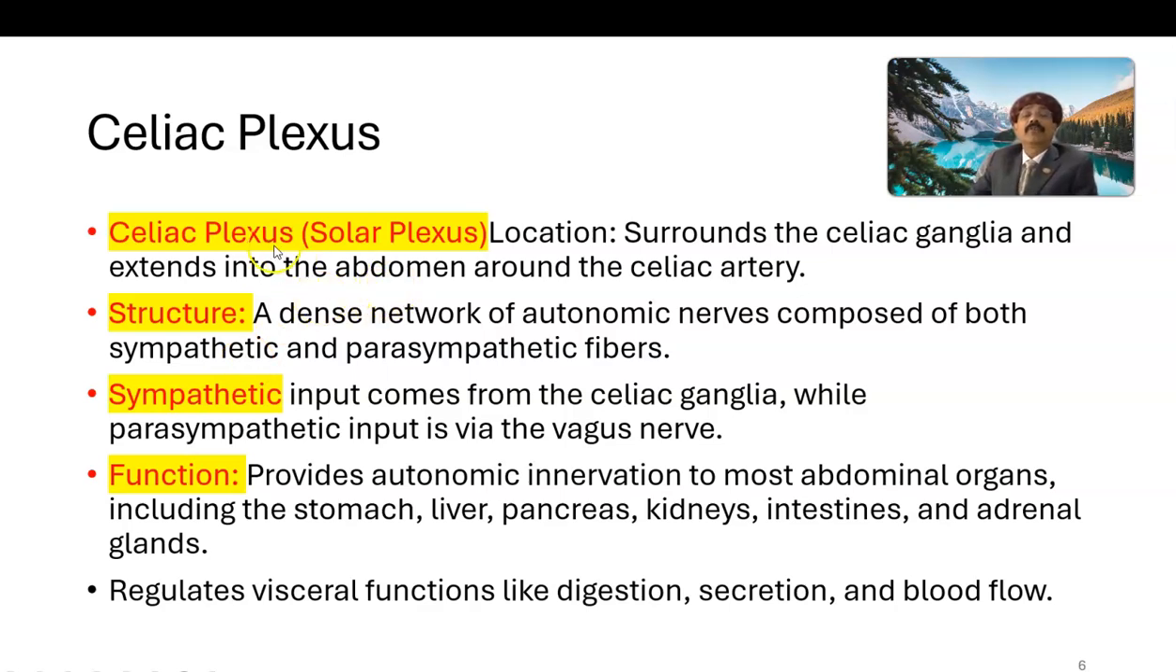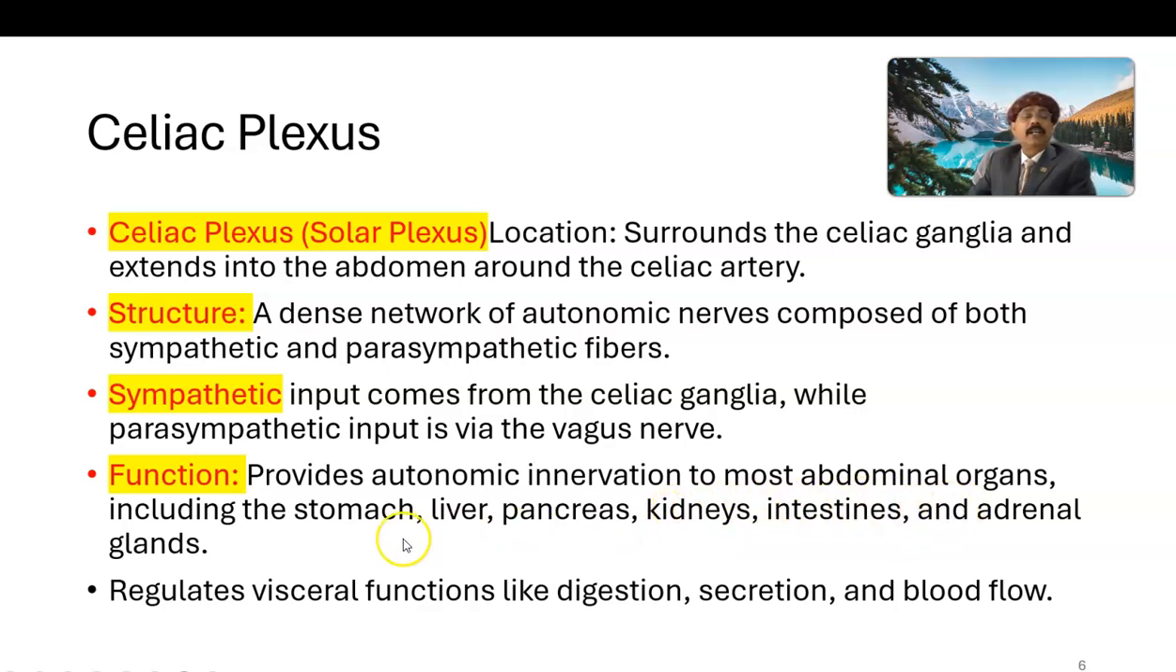The celiac plexus, or solar plexus, which is a common term used by laymen, surrounds the celiac ganglia and extends into the abdomen around the celiac artery. Into the abdomen means the abdominal viscera. It is a dense network of autonomic nerves composed of both sympathetic and parasympathetic fibers. Sympathetic input comes from the celiac ganglia, while parasympathetic input is via the vagus nerve. Its function is to provide autonomic innervation to most abdominal organs, including the stomach, liver, pancreas,